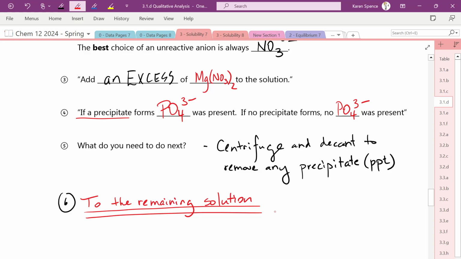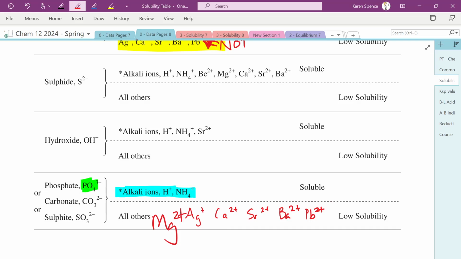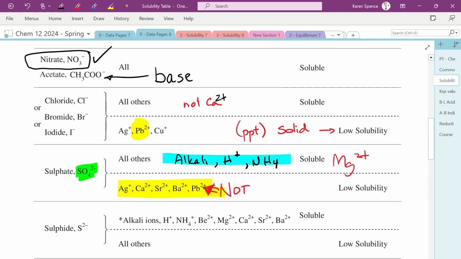So we have no more phosphate. All right, what do you guys think? Who do we like? Because we want to get rid of sulfate now. We want to see if sulfate is there. We want to add